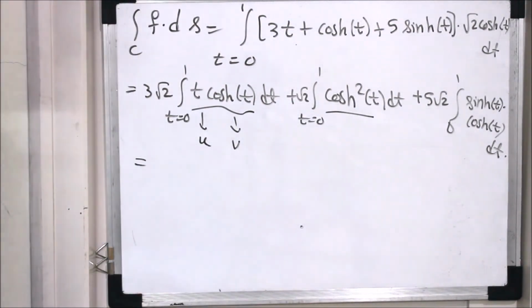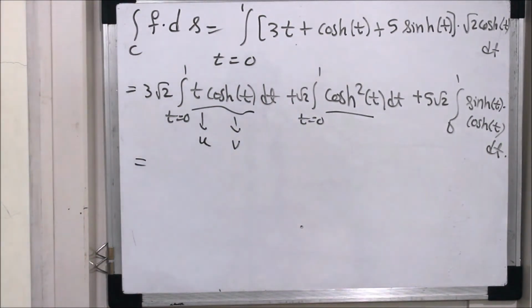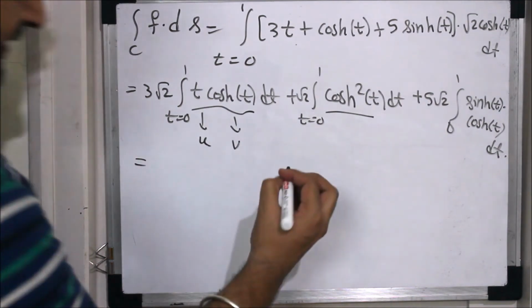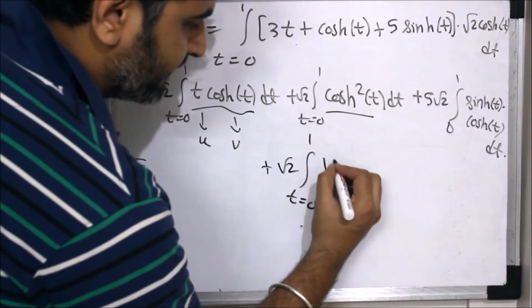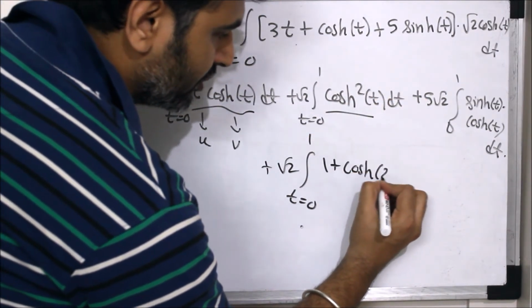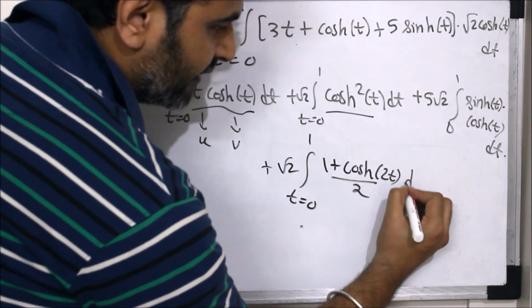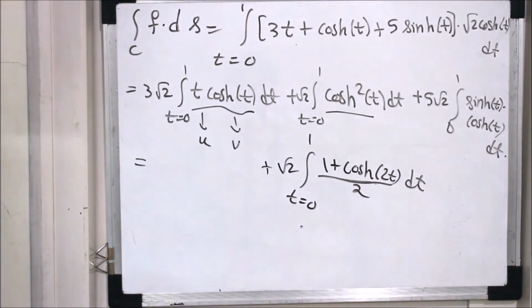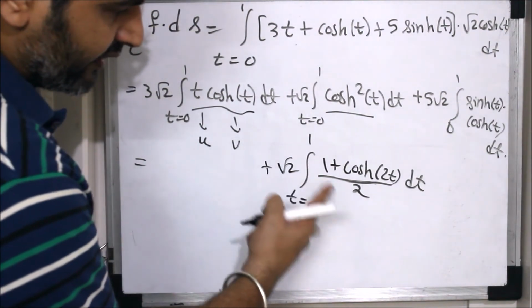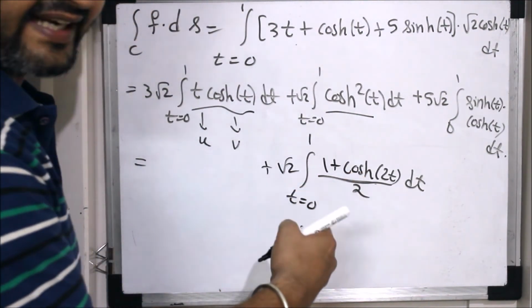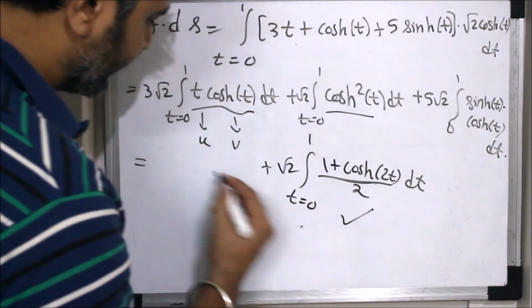Here, what is cos square theta? If you remember, it is (1 plus cos 2 theta) by 2. The same thing works here as well. What is cos square t? It is (1 plus cos 2t) by 2. The double angle formula which you have for sine and cosine is the same for hyperbolic as well. And now you can integrate, right? 1 by 2 integration is t, and cos integration is sin 2t upon 2. So even now this is done.